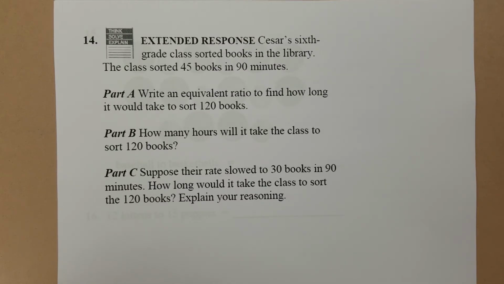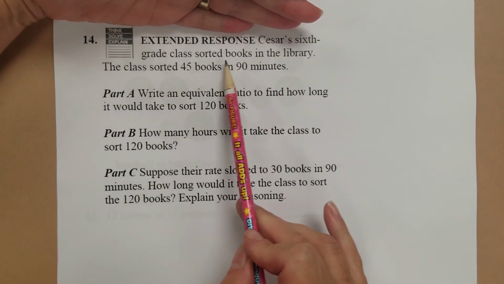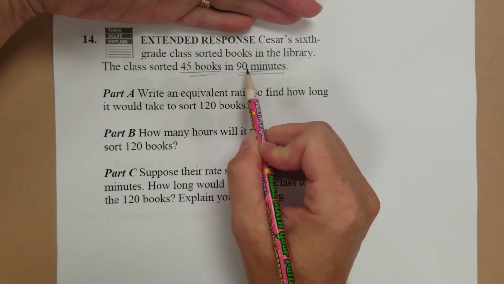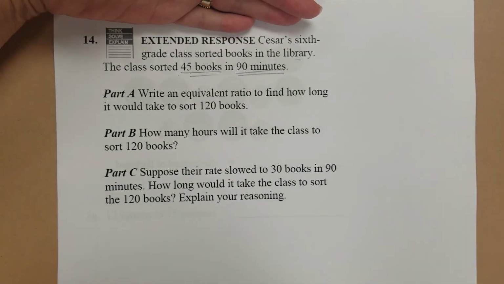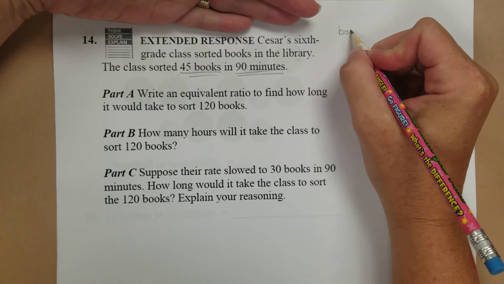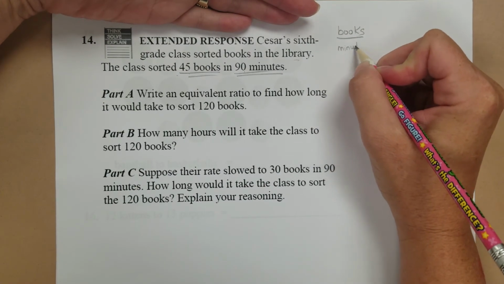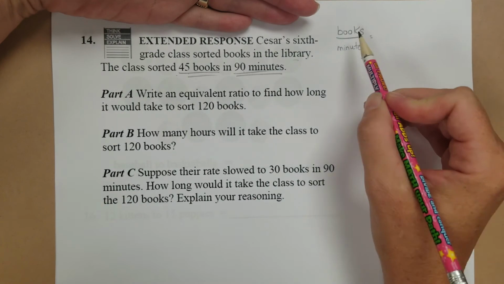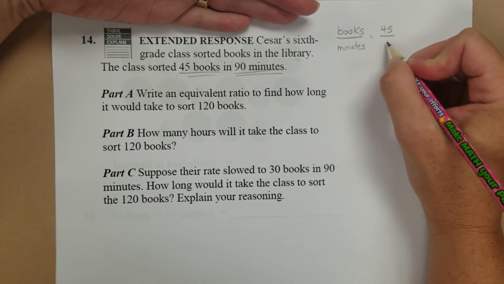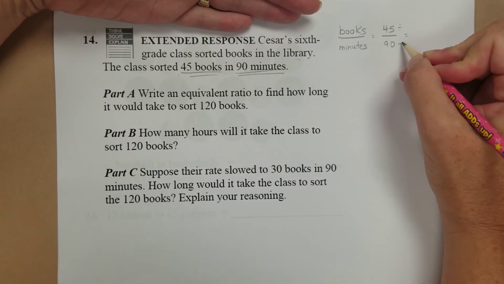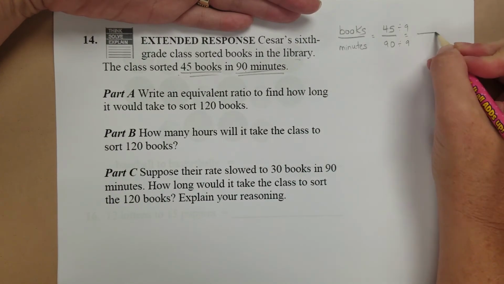Explain your reasoning. The first ratio, when we go back, we're going to start at the beginning. Cesar's 6th grade class sorted books in the library. The class sorted 45 books in 90 minutes. Now these are big numbers, so we're going to try to simplify the ratio so we have smaller numbers to work with. So if we compare books that we're going to sort to minutes, and you usually put time on the bottom, we have 45 books to 90 minutes. Well, I can divide both the top and bottom numbers by 9, and that's going to give me